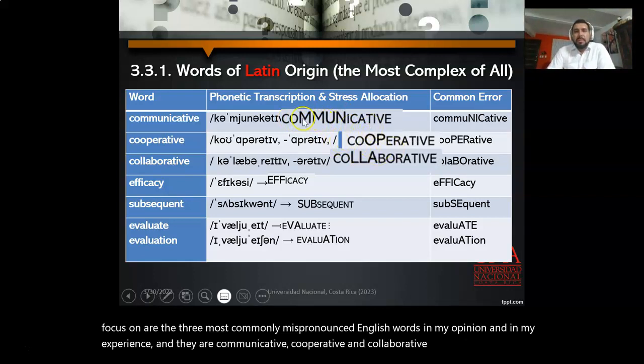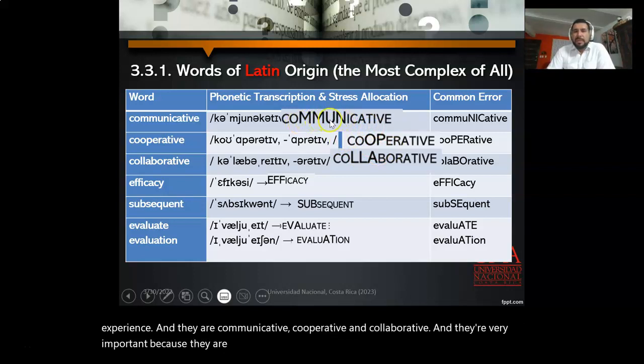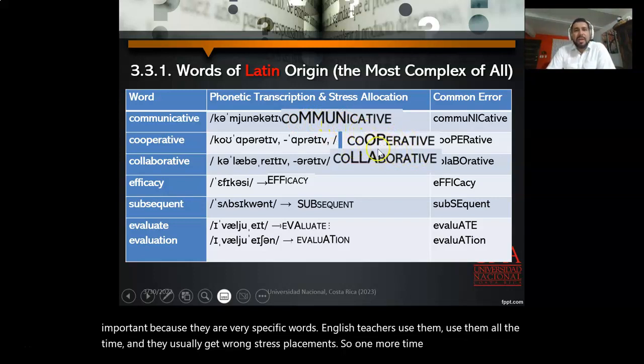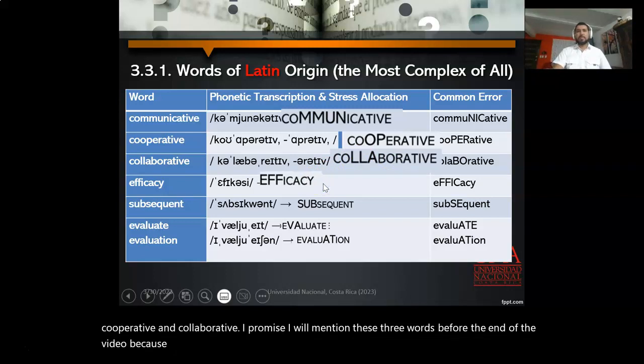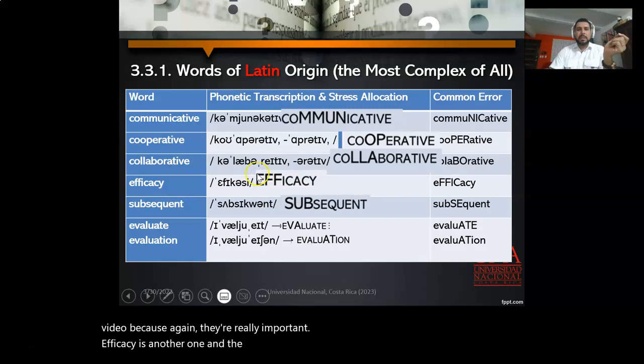And they're very important because they're very specific words. English teachers use them all the time, and they usually get wrong stress placement. So one more time, communicative, cooperative, and collaborative. I promise I will mention these three words before the end of the video because, again, they're really important. Efficacy is another one. And the other one is subsequent, stress on the first syllable, stress on the first syllable